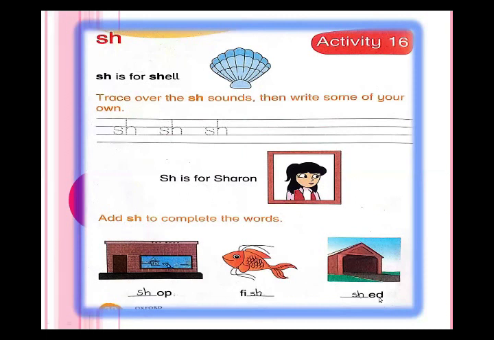Okay, now look here. You can see here. Here is a picture. Okay, but here is a shed. Do you know what is shed? Shed is a shelter. Okay, as you know, in summer, when the sun is shining too much, very brightly, then we go in the shade of tree, in the shade of wall. Okay, so shade is a shelter. Sha for shade. You have to put the sh sound here.